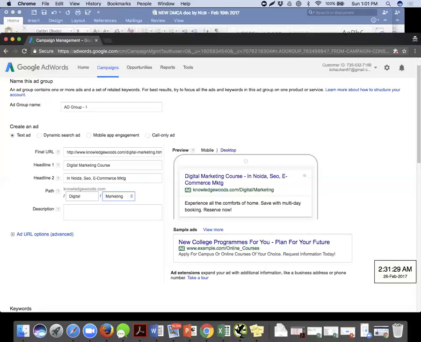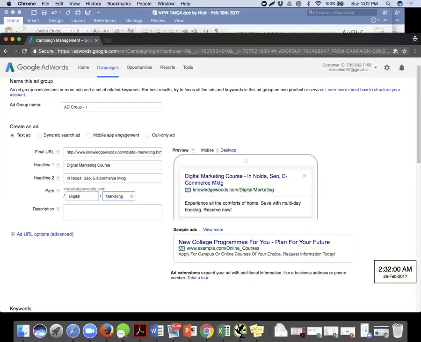That's it. Otherwise, if we copy this URL and paste it in a new tab, there won't be any page. If you have a certain page on your website which fits this specific character limit, then you can type it. Usually, you do not have that on most websites. I'm saying it again, the path is for the beautification of your ad. Otherwise, the main URL which you want is the final URL.